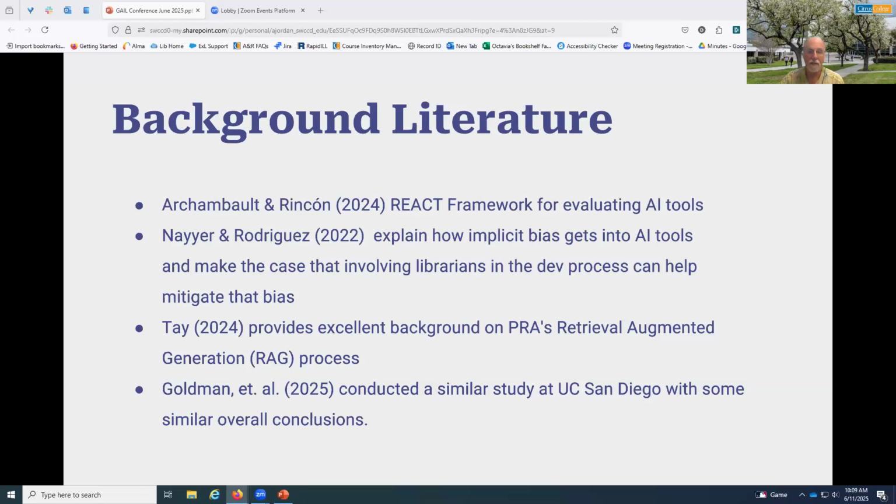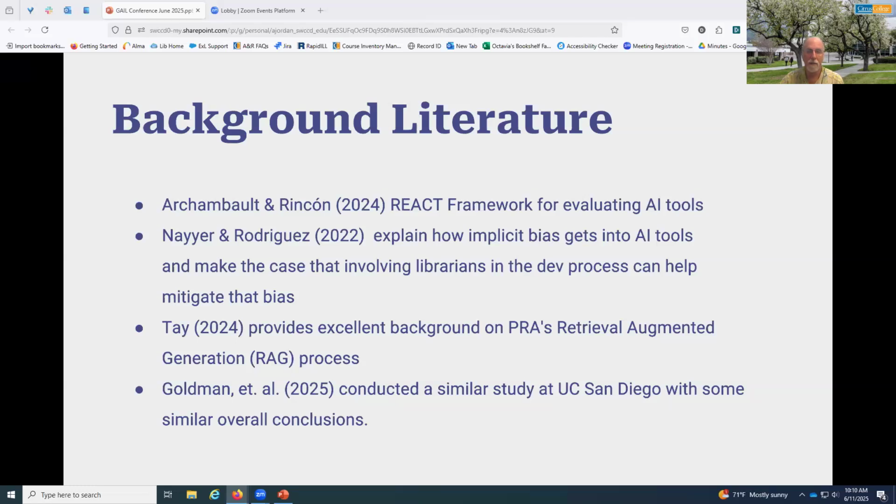Lastly, after conducting our own survey, we learned about a similar study that was conducted by librarians at UC San Diego, which they recently presented at the LOEX conference in Pasadena, California.